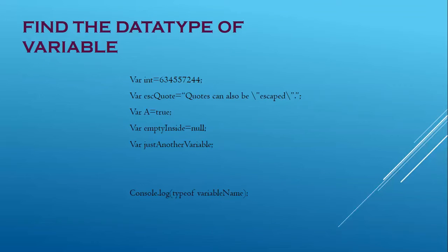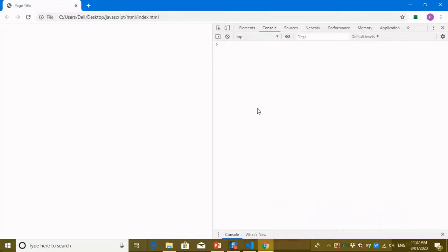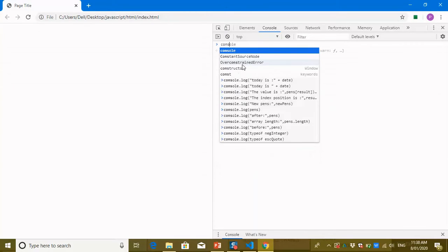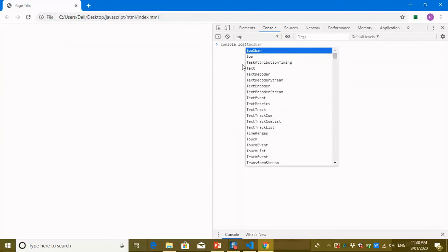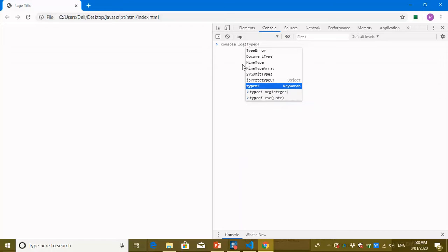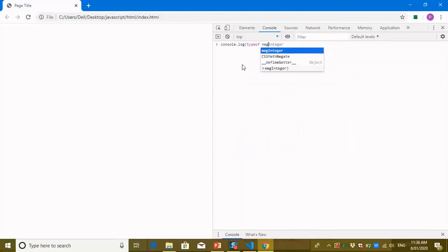How to find the data type of variables that are created? For that, you can use the typeof operator. Here are a bunch of variables, and if I open this example in the browser, console.log typeof followed by the variable name,